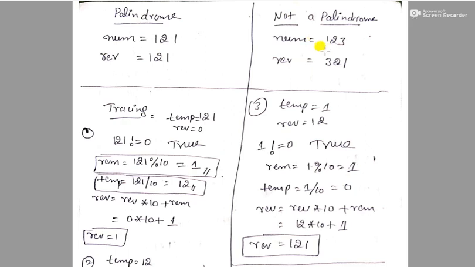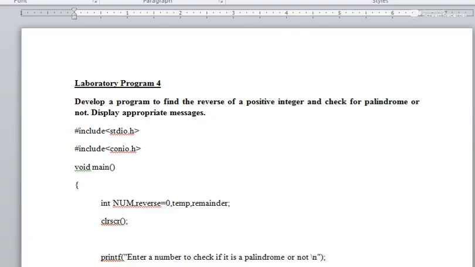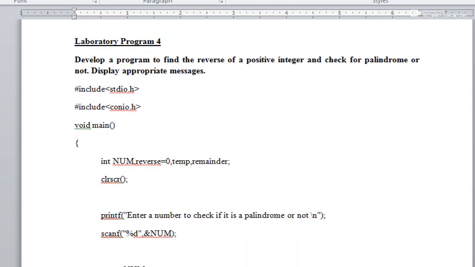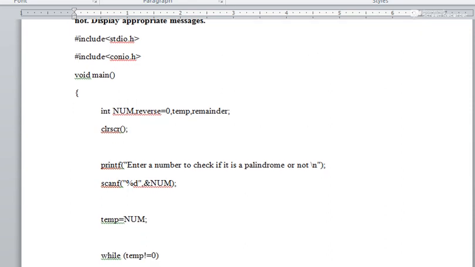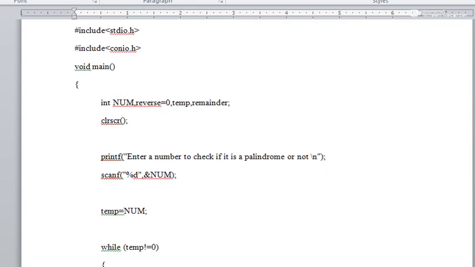Listen here, 1 2 3. If you reverse this 1 2 3, then you get 3 2 1. Then we do not say this one is a palindrome. A palindrome is nothing but, if you reverse a given number and after reversing you get the same number, then we call that one a palindrome. So now we have to write a program to find out whether the given set of numbers is a palindrome or not. Next we will discuss how to write the program. I hope you understand what a palindrome is: after reversing the given number, if we get the same number as output, then we call that one a palindrome.